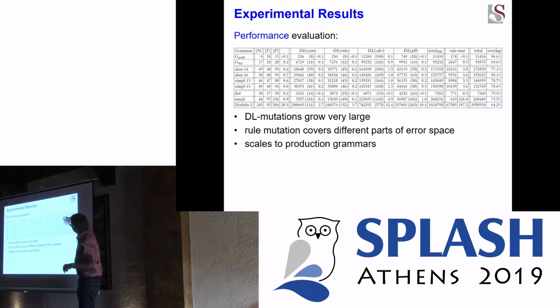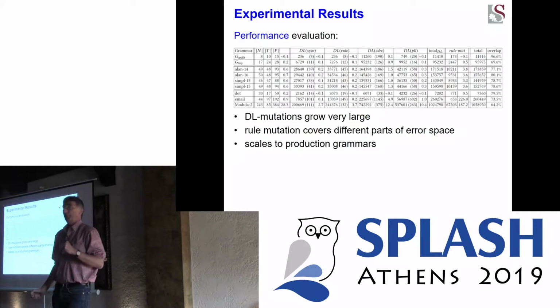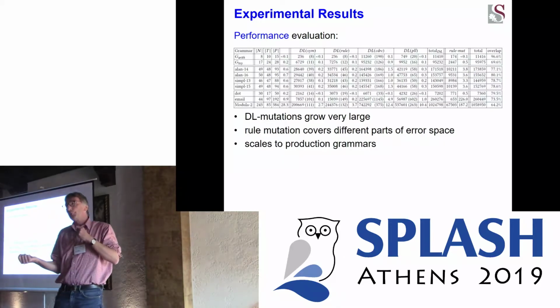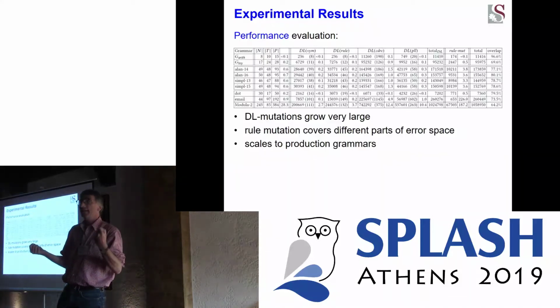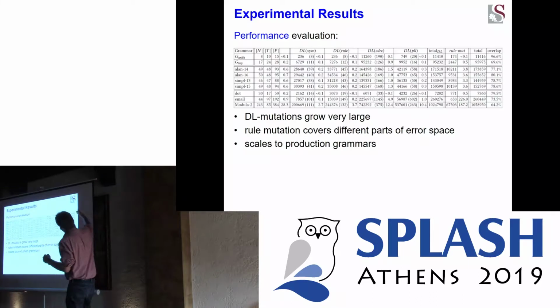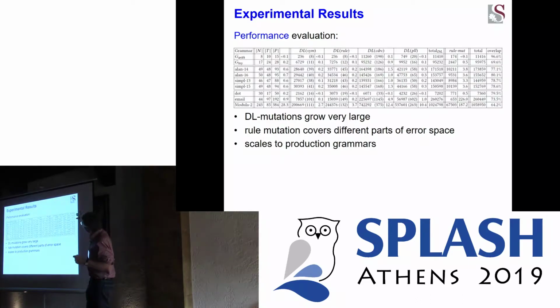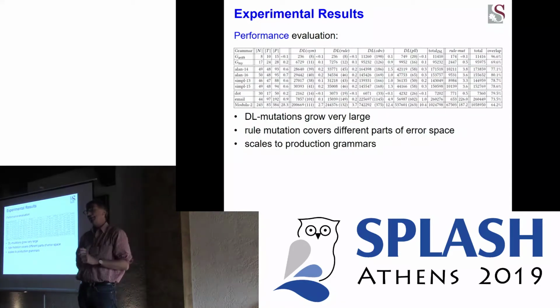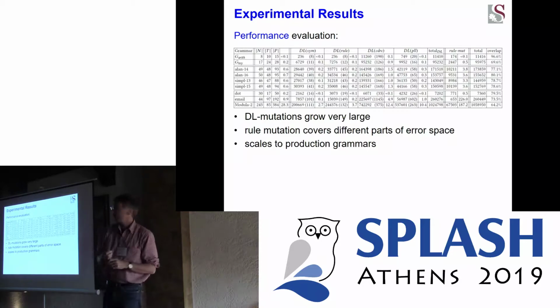The rule mutations and the token mutations are pretty much the same. The overlap between both sets is 96%. So there's very little that's only produced by mutating a token in a positive set or by mutating one of the rules. But if the grammar becomes a bit bigger, we see that the overlap drops down to 60 to 80%, which means that both of them look at different kinds of errors.